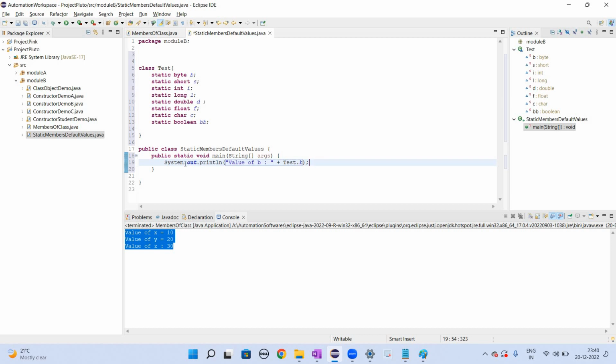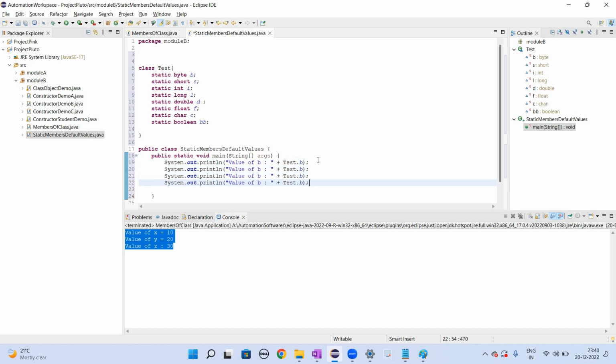For ease of writing, just copy paste. Value of s is test.s, value of I test.I, value of L test.L,